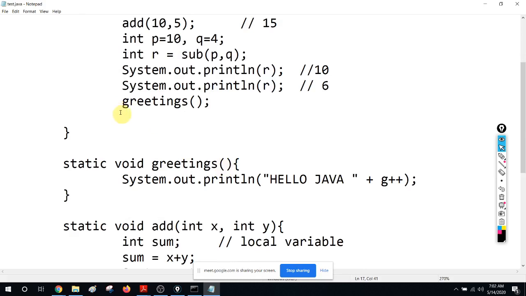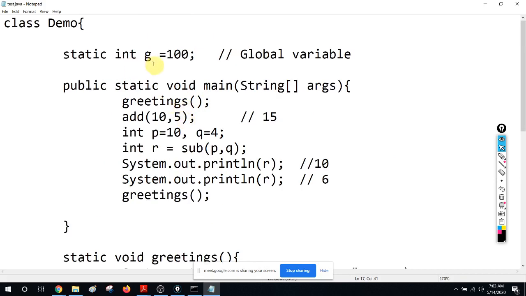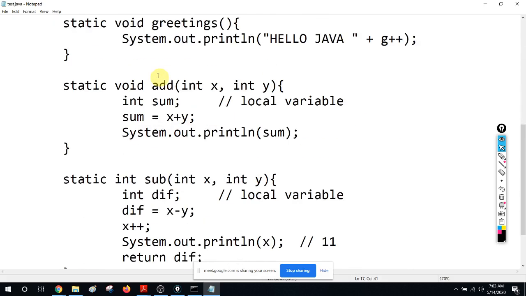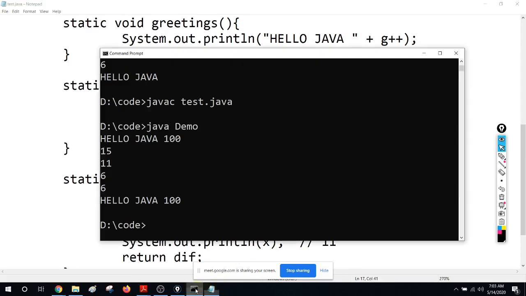When you call it the next time, because you have incremented it by 1 the first time, you will see 101, right? That is why it's a variable. Variable means we can change it. Global we can change, but the moment it is changed, subsequent callers will see the updated value, right? So let's compile and run.